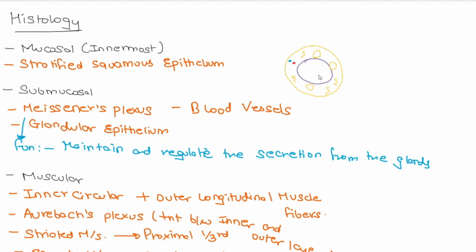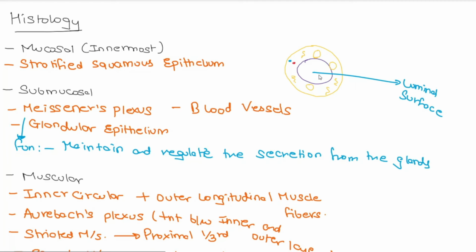So, the glandular epithelium is controlled with the help of the mucinous plexus, and along with it, the mucinous plexus is also responsible for maintaining the electrolyte balance and the water balance in the esophageal lumen surface. That is, this inner surface. It is known as the luminal surface. Then, upon it, we have the presence of the muscular layer.